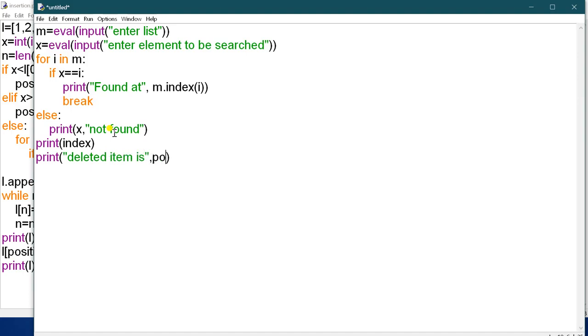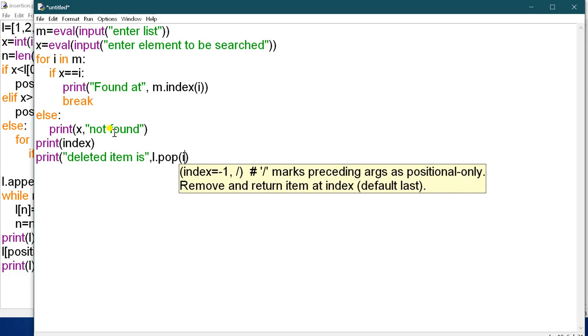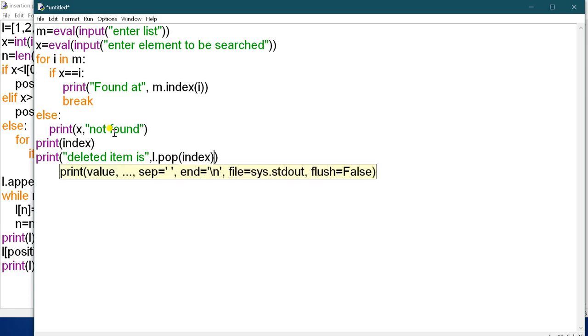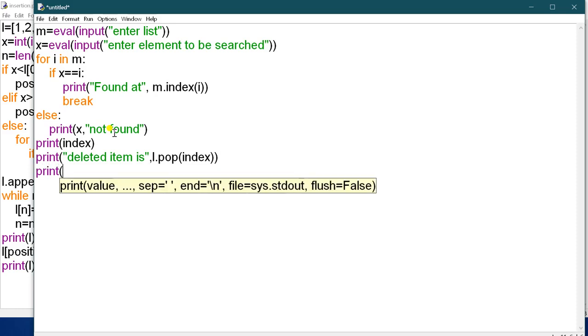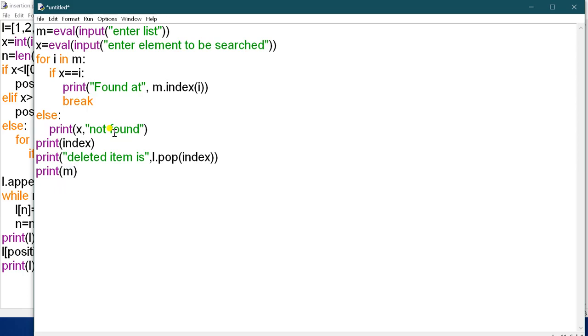That L dot pop will show, you know the pop function, okay, it will just remove the element from the list at the index. Okay, that particular index will get deleted. So print, what is the list? This is M. So now just run it.